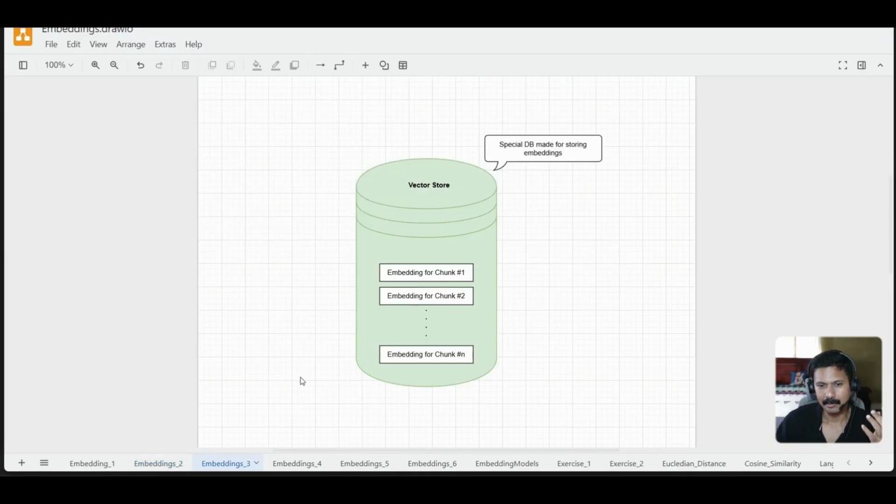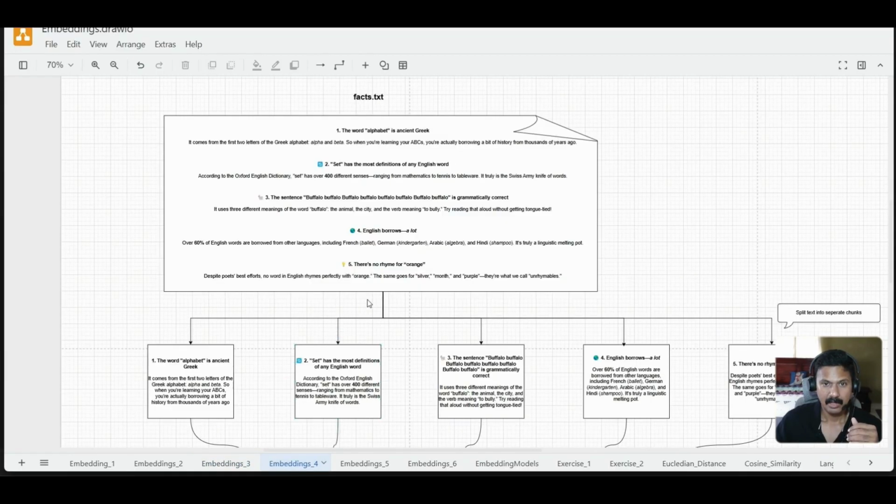Now, as most of you would already have guessed, a vector store is nothing but a storage space for all the embeddings for the different chunks there. Now let us try to understand how all of this would work together holistically. That is, you have a text from which you'll be creating some embeddings and which you'll be storing into a vector database. So think you have a text called facts.txt, which has some interesting facts about the English language. For demo purposes, I have just mentioned 5 of them